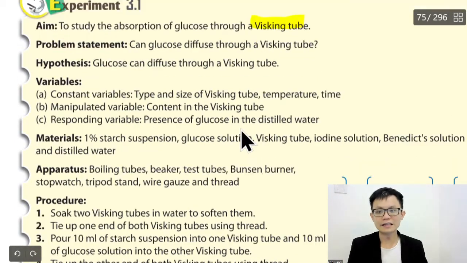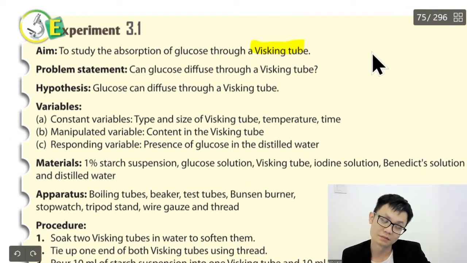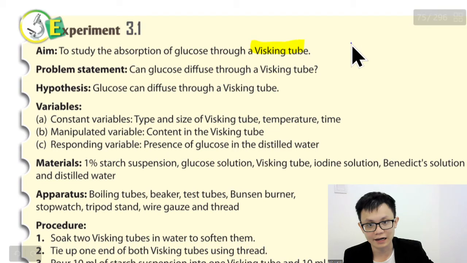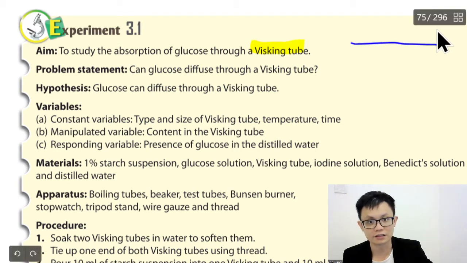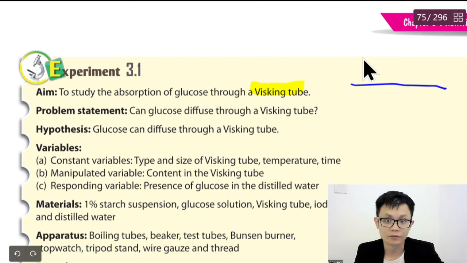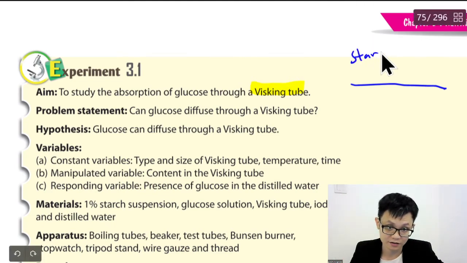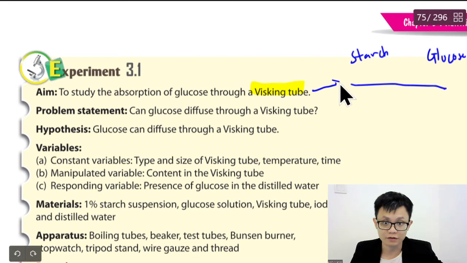Okay, one thing you need to know, let's say this is a whisking tube. There's a special thing about the whisking tube. How to draw it? Let's say I draw it. If I want to draw a whisking tube, there's a small hole in the whisking tube, and we know that when we eat, we've got starch, correct or not? And we've got glucose. The whisking tube allows the glucose to pass through, and the starch